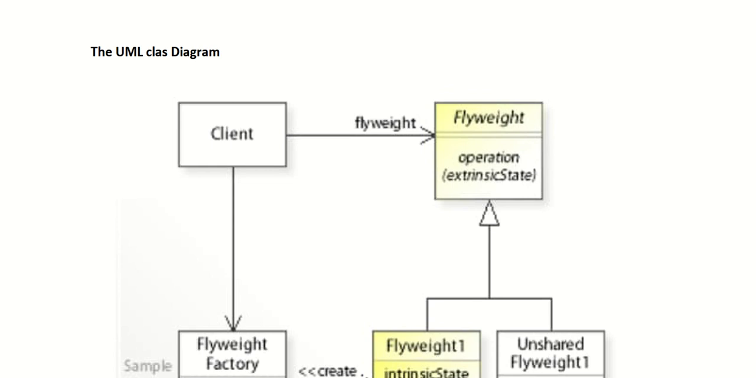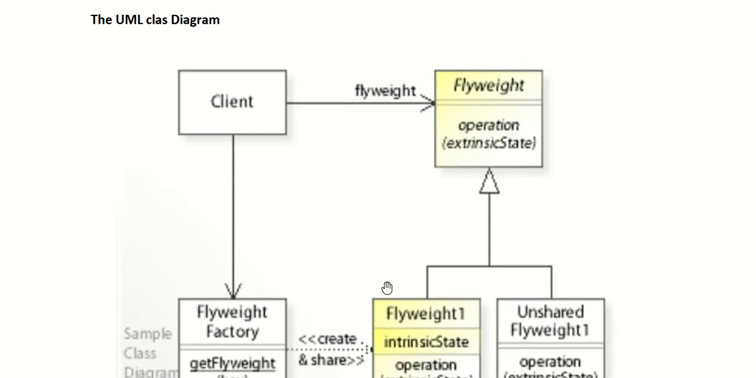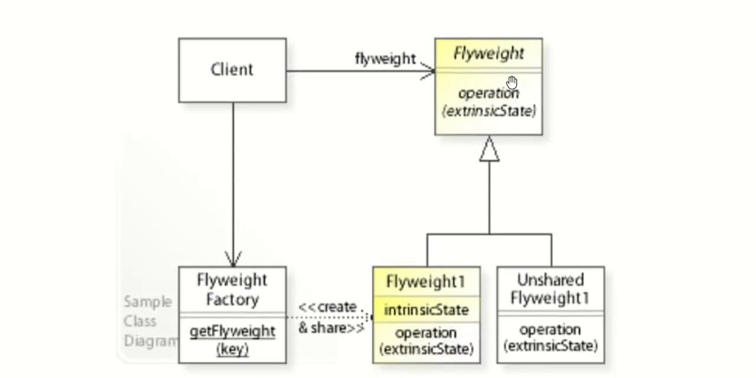Okay, so let's go through the UML class diagram. Very simple. You have a flyweight interface, which performs an operation on extrinsic state. Look at the parameter over here, it's extrinsic state. This is the interface basically, and there will be the concrete implementation, which is Flyweight1, which will contain